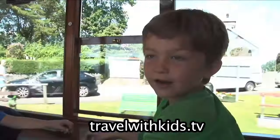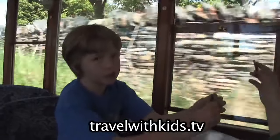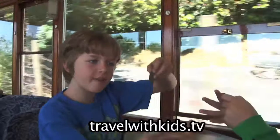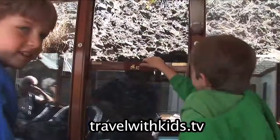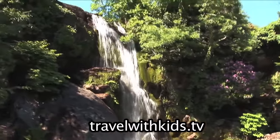Slate. We got it from the wall. This was all the way down the rock to here, and I went, bam. And now you have some homemade slate. A couple of hardy miners we have here. We pass lakes and waterfalls, go through tunnels,